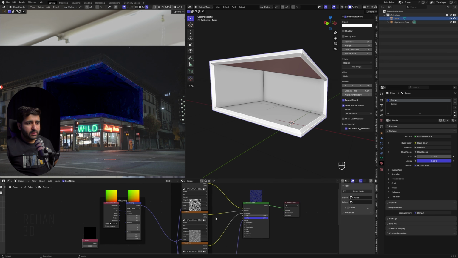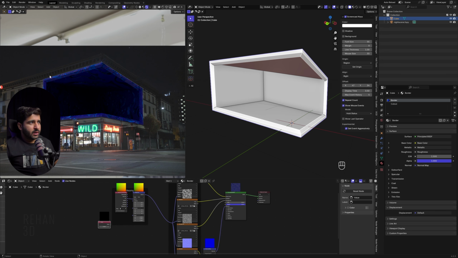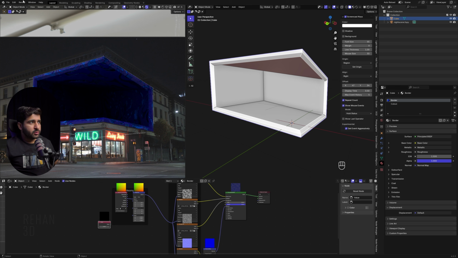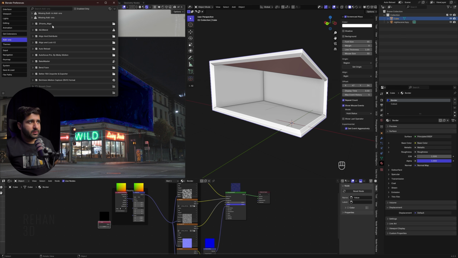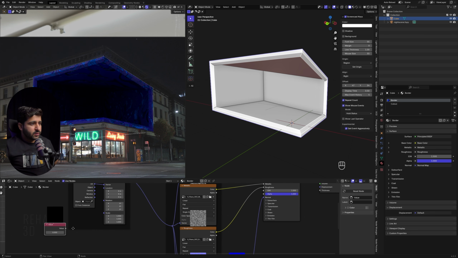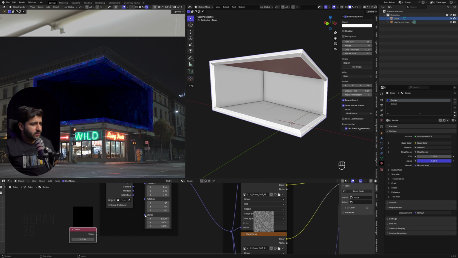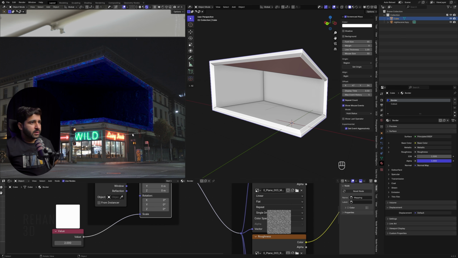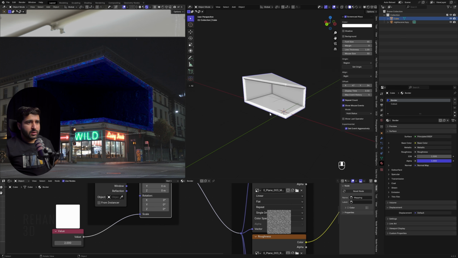Guys, make sure to use this because this is very handy, and make sure to turn on the Node Wrangler also because after this it will work. So go into the add-ons and type it here, Node Wrangler, and turn this on. This is very useful and handy, so make sure to use this node. And I will simply connect this into scale, or it's not connecting like this, and I will press 2 like this. And we have not yet added any HDRI in the scene, that's why it's too dark.